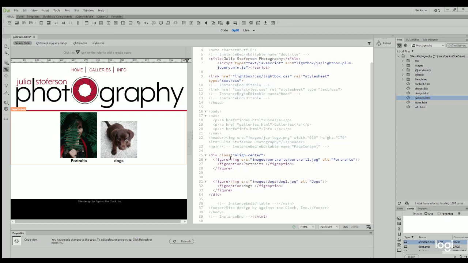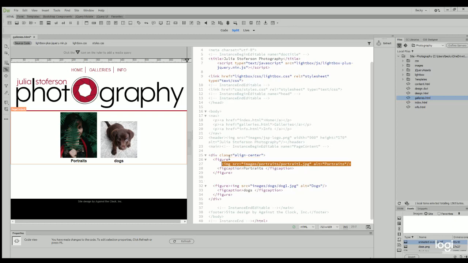The second thing we are going to do is right after the opening figure, you're going to place your blinking cursor and hit enter one time and drop it down one time below. And then up here right after figure, if you look in the book on page 295, we're going to add another href, and this all ties into the light box that we are building. So we're going to do an href